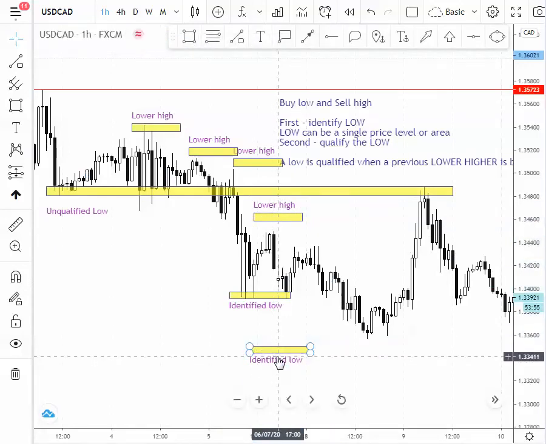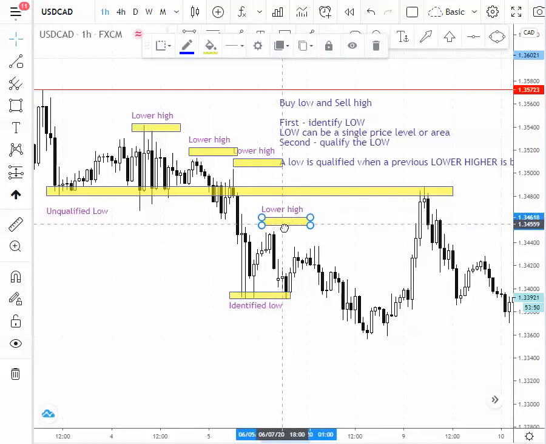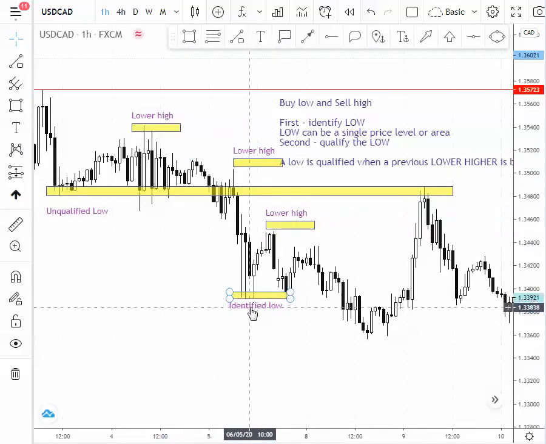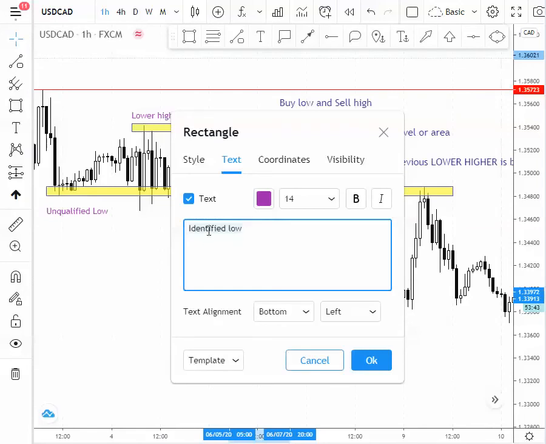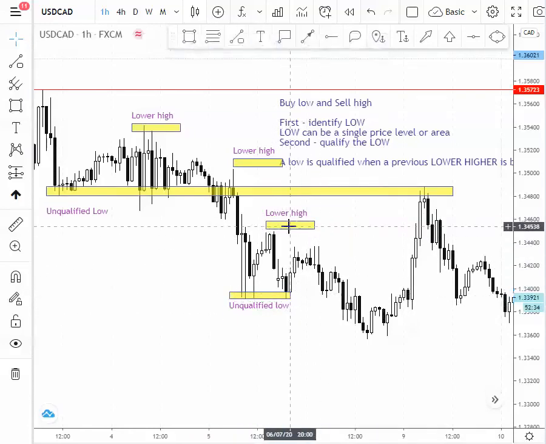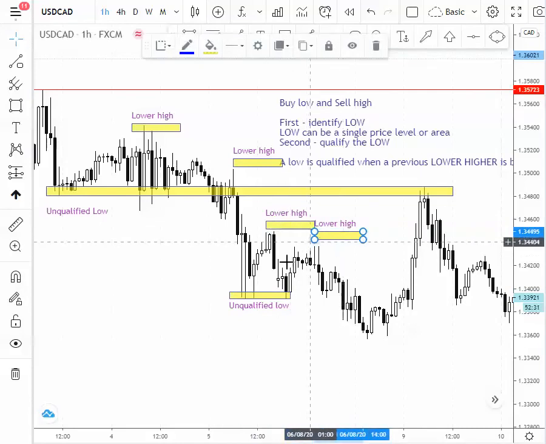Instead, it just created another lower high. So we could come back now as we see price coming back into this level, and we can say this is another unqualified low. So the lower high gets put in, price comes back down, I have an unqualified low, no, I cannot buy this market. Then what happens again, happens here,